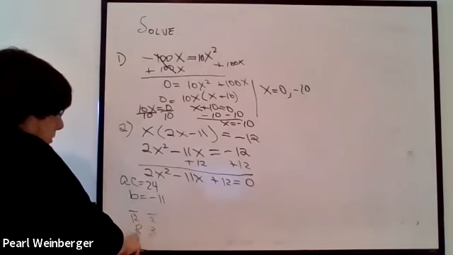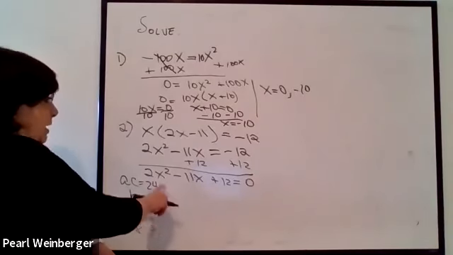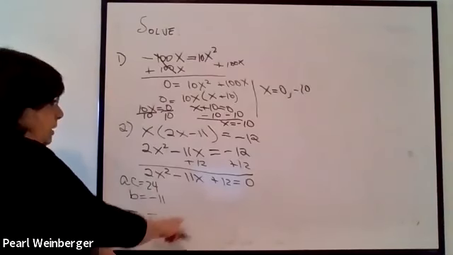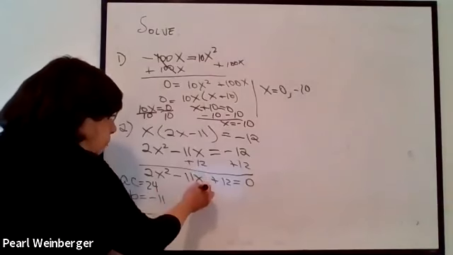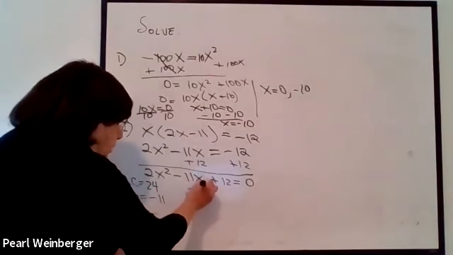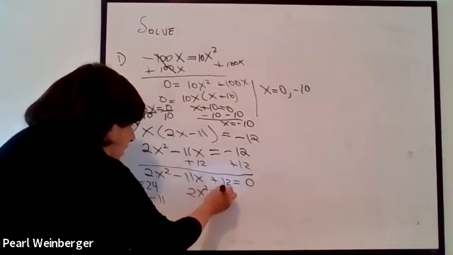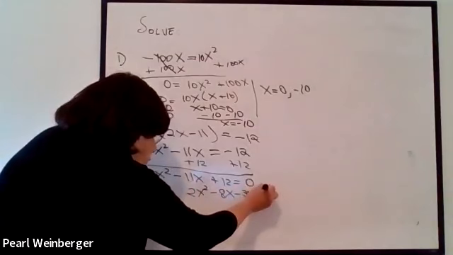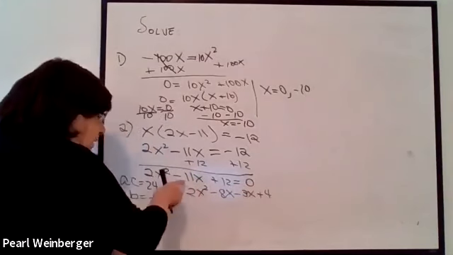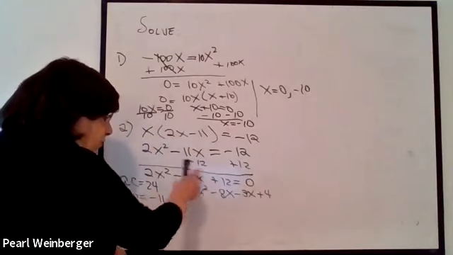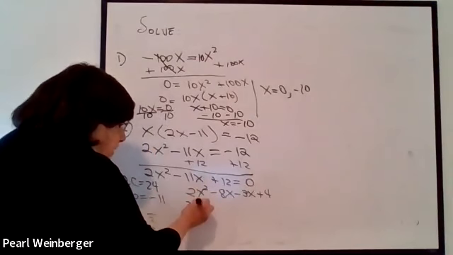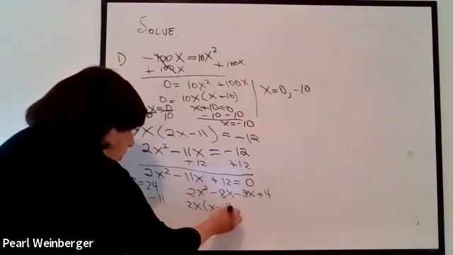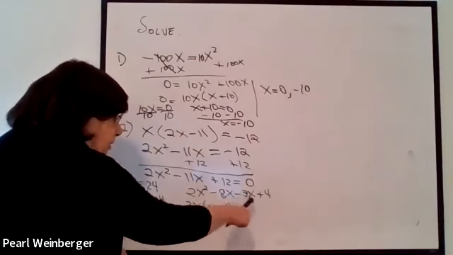And 8 and 3 work because negative 8 times negative 3 is positive 24. And negative 8 plus negative 3 is negative 11. So I'm going to rewrite this as 2x squared minus 8x minus 3x plus 4. Here's my negative 11x. In my first group, I have a common factor of 2x. So this becomes 2x times x minus 4. In my second group, the only